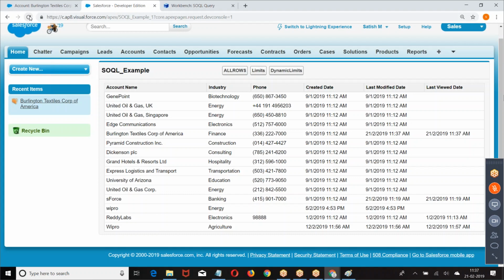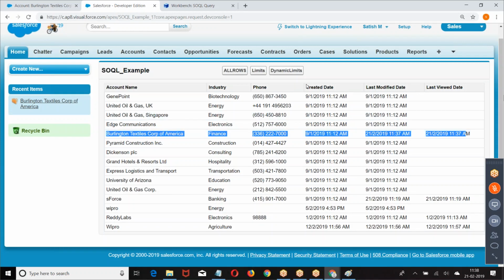Now there is a reason I have modified this particular record. Recently I opened this record, but still it is shown in the same order. It is not impacting the order of my database. I opened this record, and it is not going to the top or the last. So it has no influence on the SQL query. Then I updated the record, the last modified date. Still the record is in the same location.